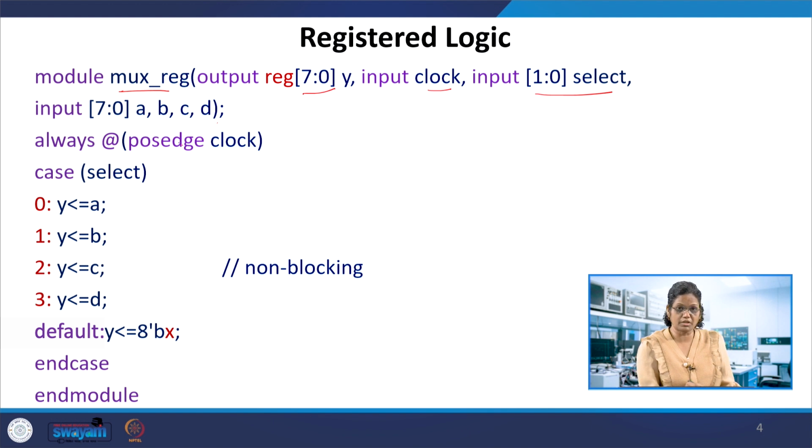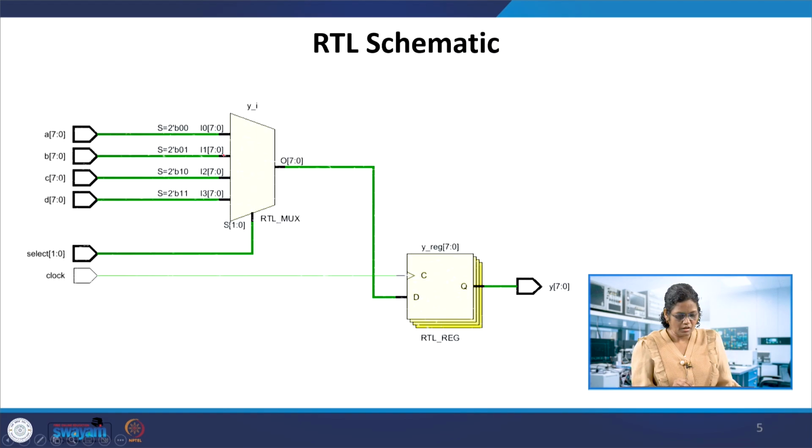Instead of level sensitive behavior, we have these variables defined with the passage of the clock. If you don't have this passage of the clock, it won't infer a flip-flop, if instead of this always at posedge clock you say always @(A or B or C or D). So there won't be any registered outputs you would be getting. Always at the passage of the clock, it recognizes the clock, which has the edge sensitive behavior, and infers the flip-flop.